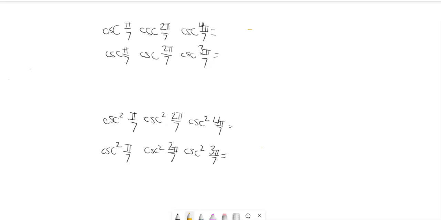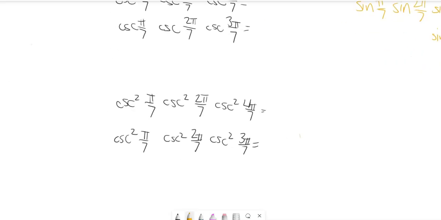Now, what we're going to do is investigate the product of the cosecants of the given angles. All right. Now, if you remember, cosecant is the reciprocal of sine, and the product of the three sines that I derived in an earlier video came out to be the square root of 7 over 8. And the thing was, because 3 pi over 7 is equal to 4 pi over 7, because sine is positive from 0 to pi radians, the product of those three sines, pi over 7